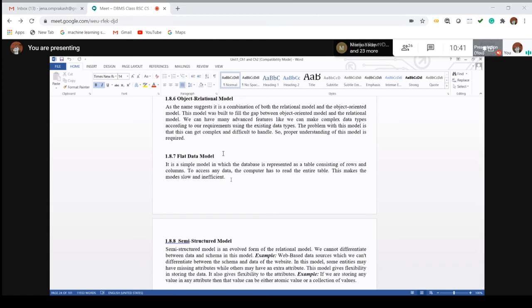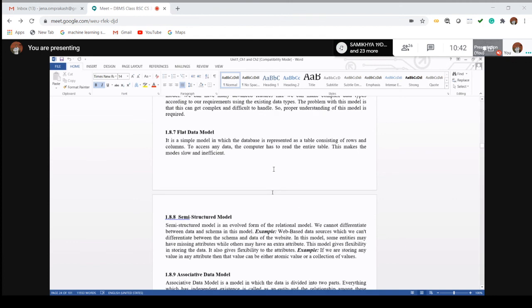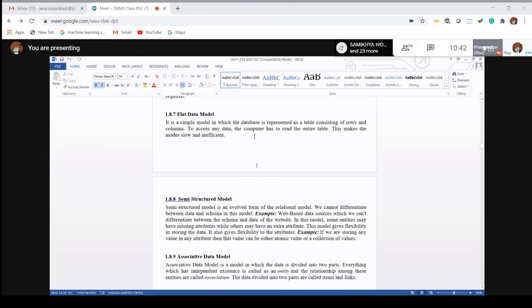It is just like a store with racks. We have to store the data in a rack. Once the first rack is completed, we go to the second rack. Once the second rack is completed, we go to the third rack. So it is only storage of data without any efficient manner. Suppose a person wants data item X, they have to scan the entire table to access, modify, change or retrieve the data. We have to read the entire table. That is called the flat data model.